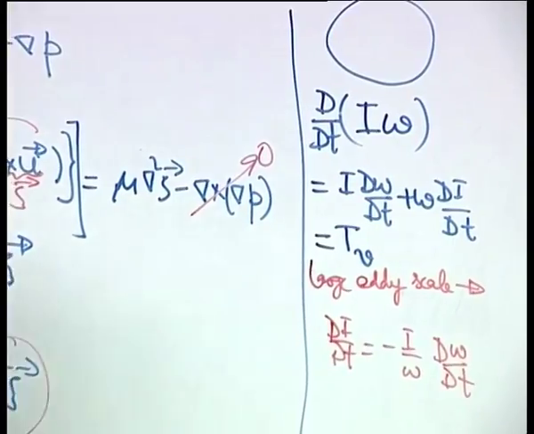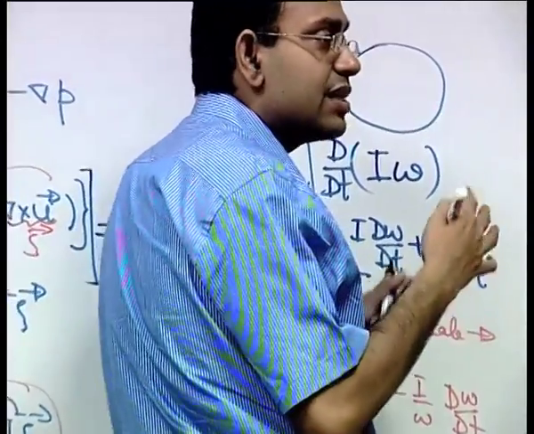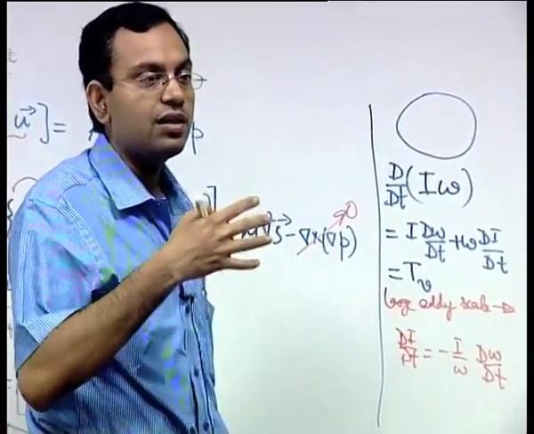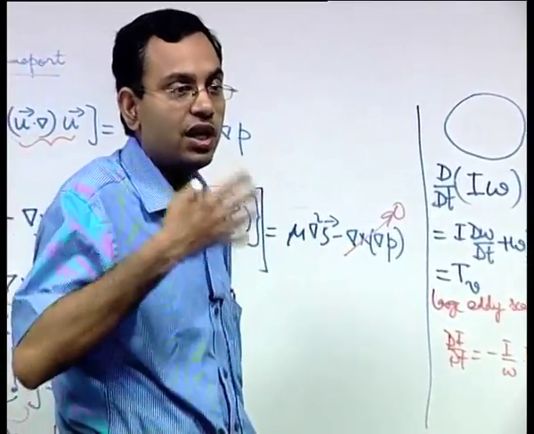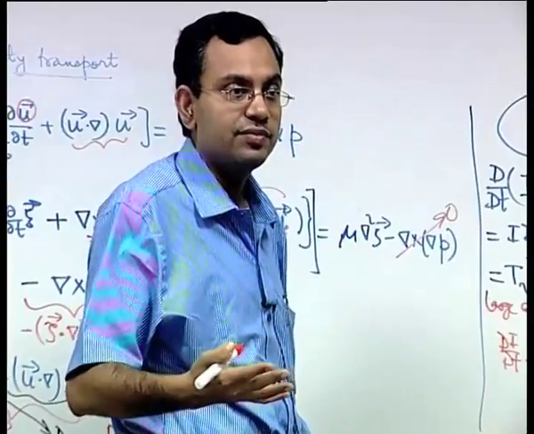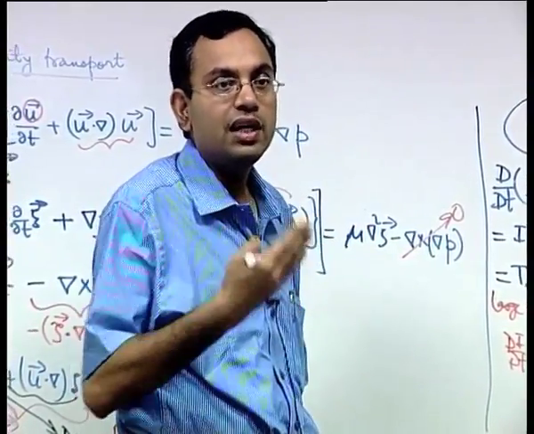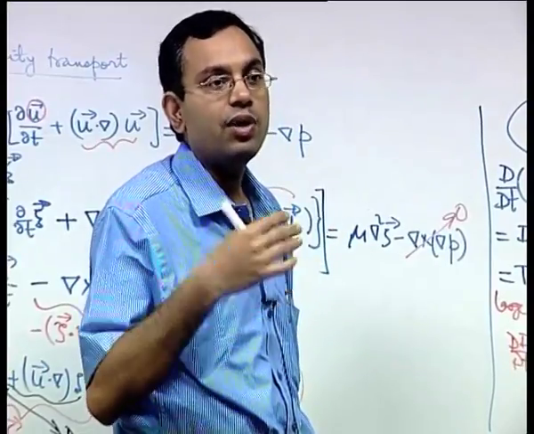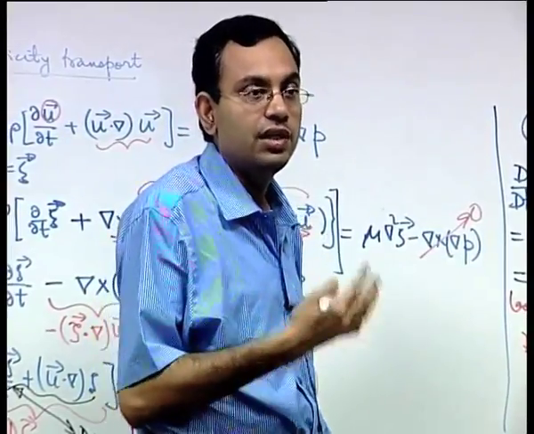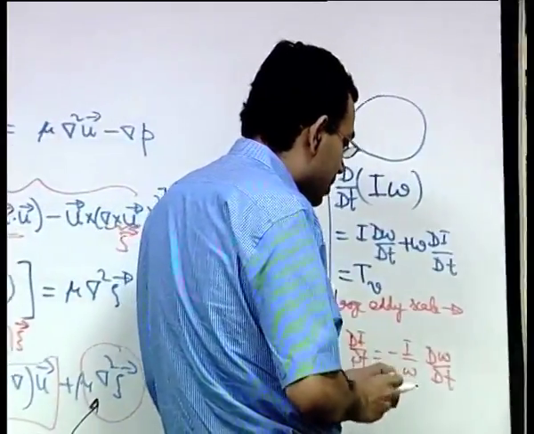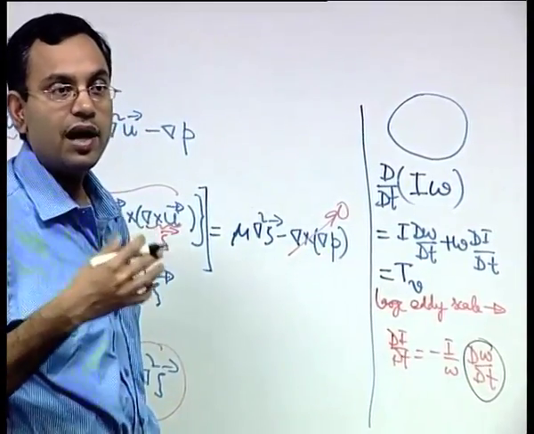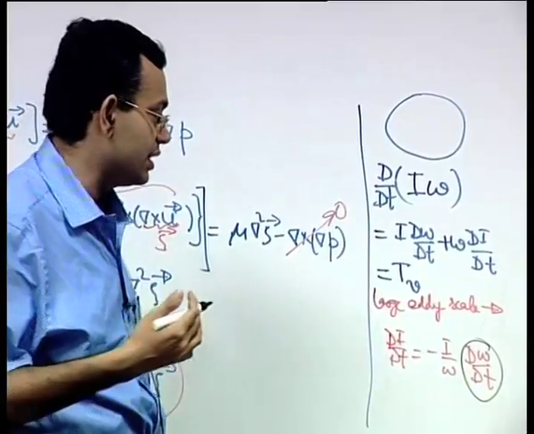Now consider an eddy. A large eddy is going to extract energy from the mean flow. Similarly, a little bit of smaller eddy will extract energy from the larger eddy. In this way energy is cascading. So when the little bit of smaller eddy extracts energy from the larger eddy, what will happen to its angular velocity? It will increase because its rotational kinetic energy will increase. So when that is increasing, that means capital D dt of omega will be positive, because with time the angular velocity of that eddy is increasing.